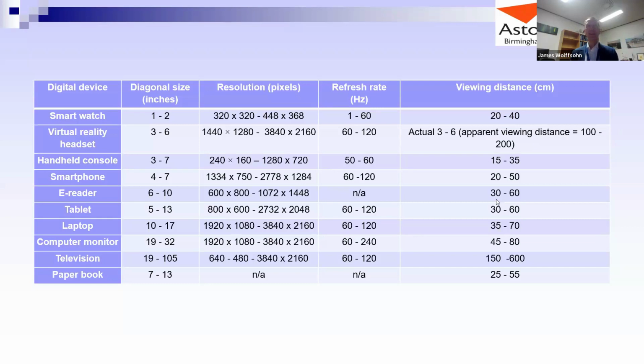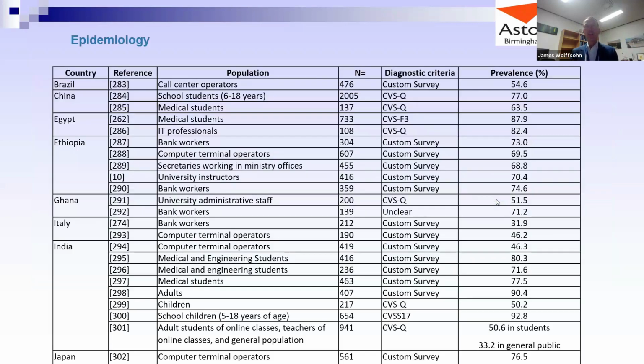So what about the epidemiology of dry eye? If we look at the studies that have been done, and there are quite a number of them, in terms of reporting the prevalence of dry eye, it ranges from 39% in bank workers in Italy to 97.3% in university students in Saudi Arabia. The average being around 70%. So very high, but you can see from what I said before, if we're just determining that they have symptoms when they're using a digital device, that's probably including people who also have other conditions such as just general dry eye.